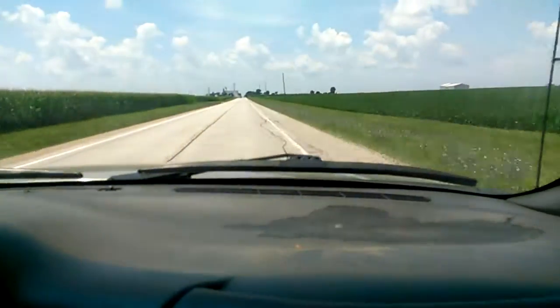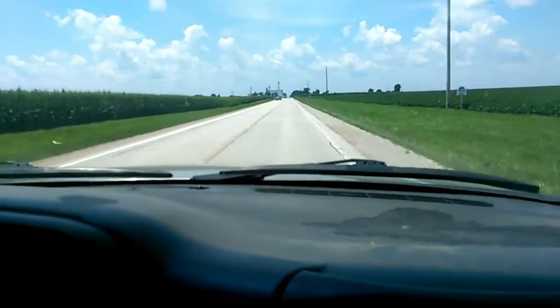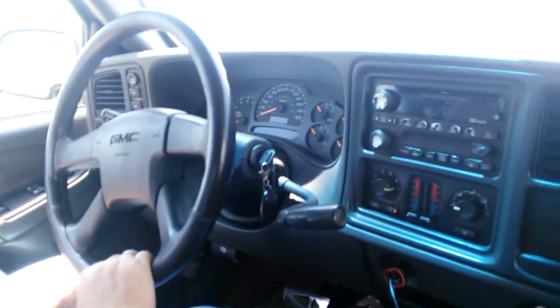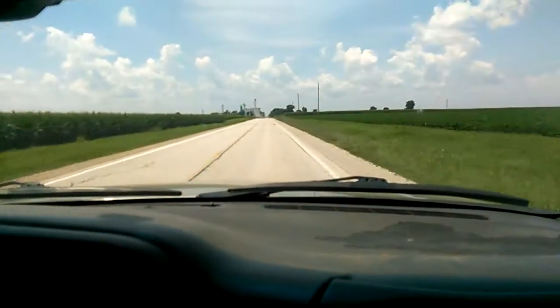You can see the trailer back there. We're pulling a trailer full of wood right now. But like I said, the thing drives down the road. I don't know how fast we're going, but it's riding out nice and smooth. Very comfortable ride. So just give you a little clip of going down the street. This is July 10th,